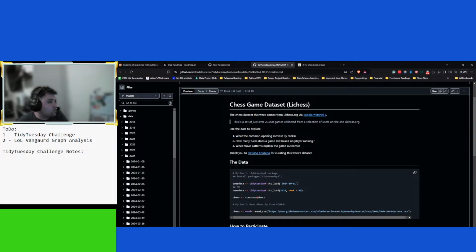Use the data to explore what the common opening moves are and by rank. Okay, interesting question. How many turns does a game last based on player ranking? That's also an interesting question. What patterns would explain the outcome? Okay, interesting. For curating the data set.